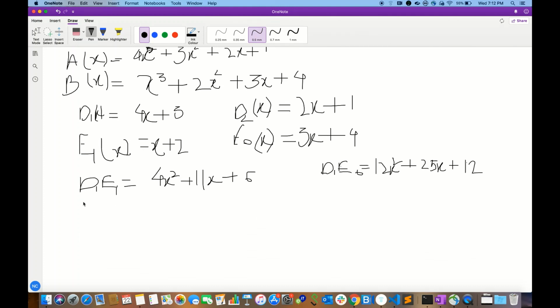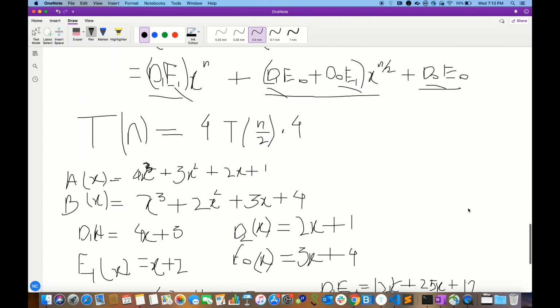In the same way, d naught e1 will result into 2x square plus 5x plus 2, and at the last d naught e naught will result into 6x square plus 11x plus 4. So these are all the 4 combinations we need to generate,